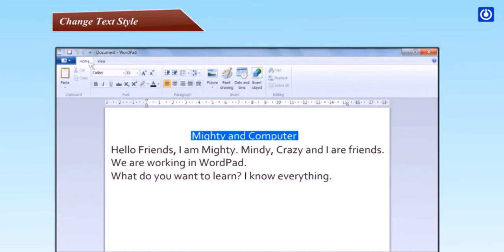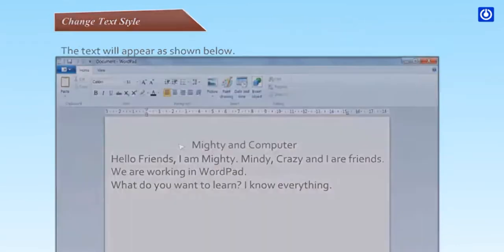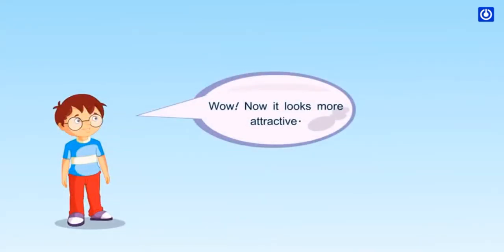Click on Home tab to use buttons in the font group. To make bold, italic or underline, use buttons. Step 3. To change font color, click the down arrow and choose a color of your choice. Here we have selected the text. The text will appear as shown below. Wow! Now it looks more attractive.